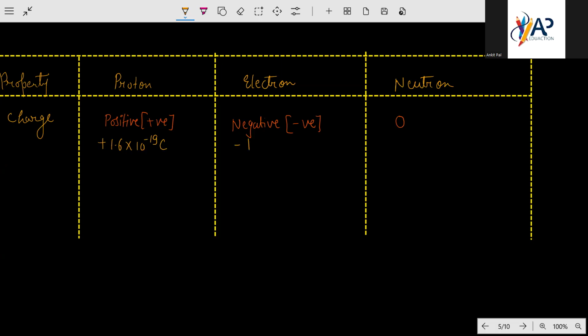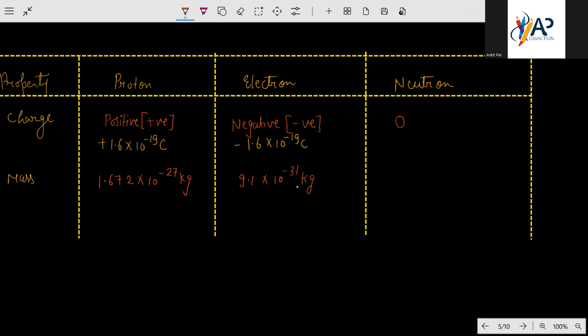Electron is negatively charged, 1.6 into 10 to the power minus 19 coulomb. Now, we discuss about mass. Mass of proton is 1.672 into 10 to the power minus 27 kg. Mass of electron is 9.1 into 10 to the power minus 31